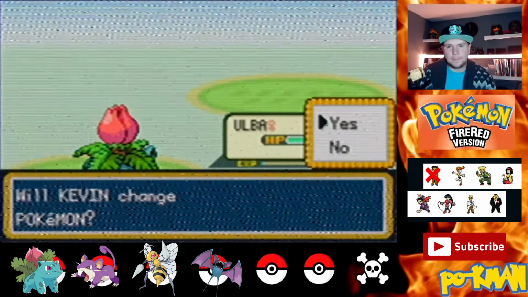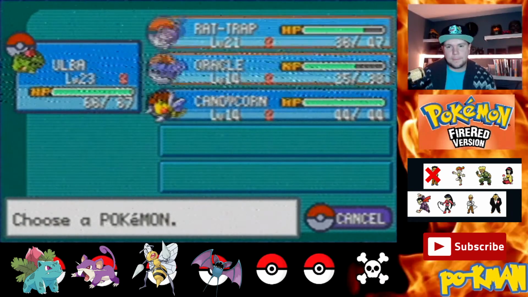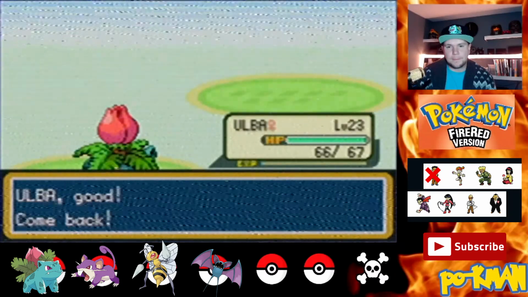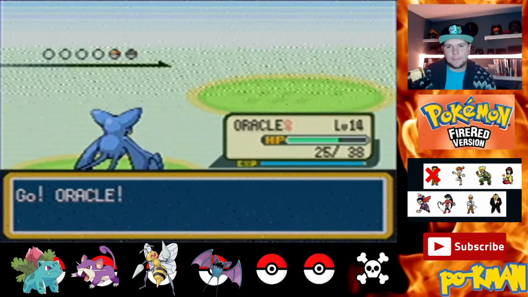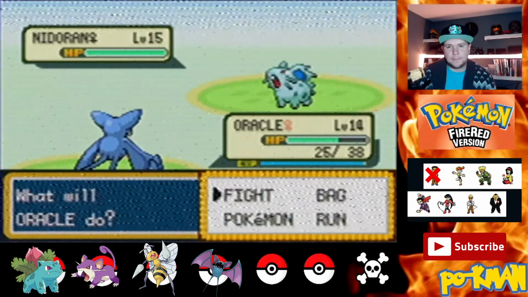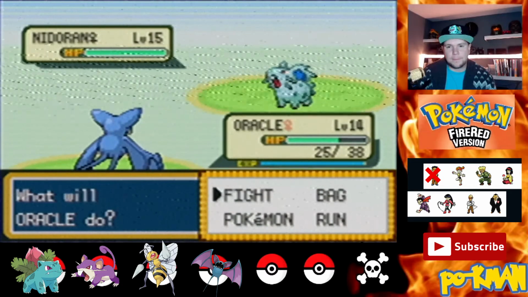And in comes a Nidoran girl, so let's make a switch. Oracle's got to be level 15 after this one. Yes. But just off the top of my head, like it feels like it's been a while. Can't be sure, but it looks like my